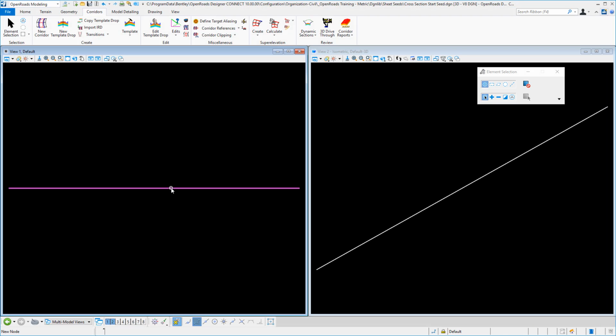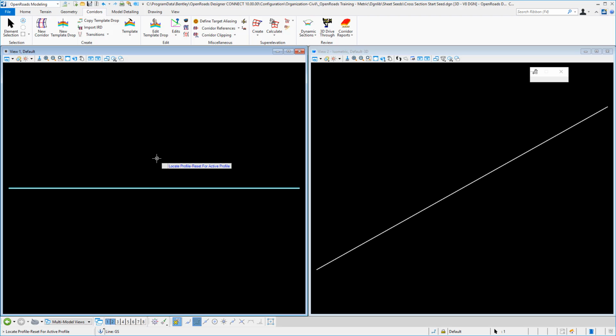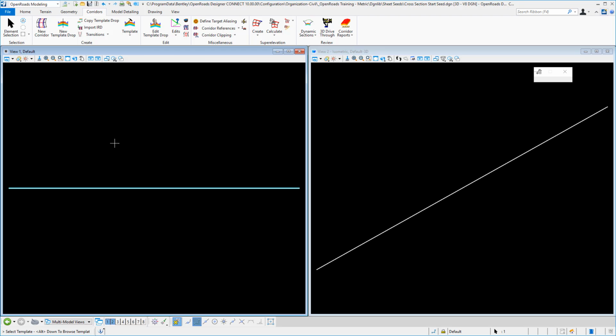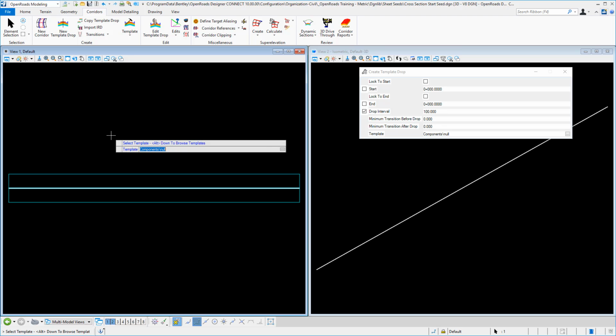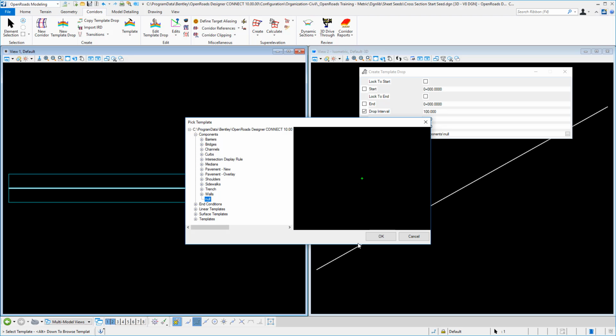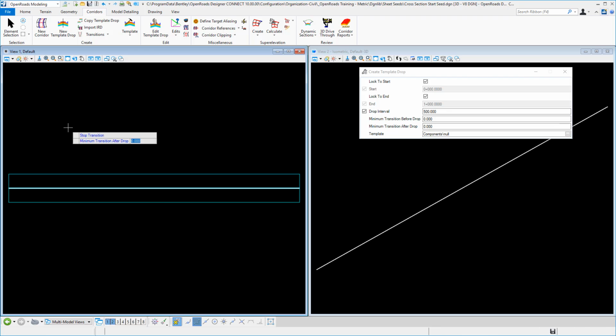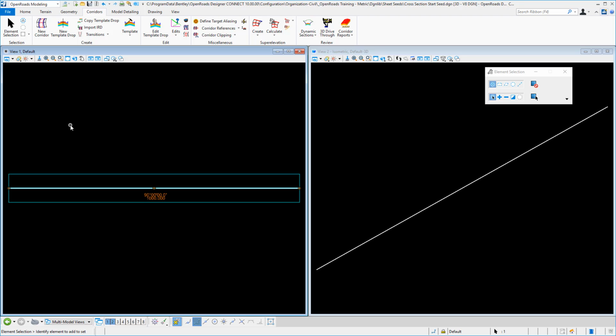So now we'll select our geometry, and we'll proceed then to build a corridor. We use our active profile and the name that was given by our feature definition, and we will select our template that we just created called null, accept that, and then you can make it the entire range if you wish. It doesn't really matter. So we'll use the Alt key and accept the beginning and the end, and it's 1,000 meters. I can make my interval anything I want to. We'll set it to 500 and let that process. Once that corridor is created,